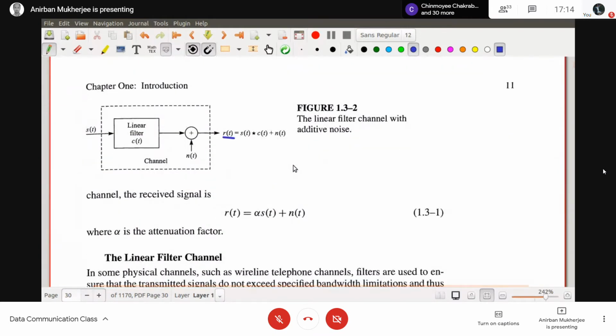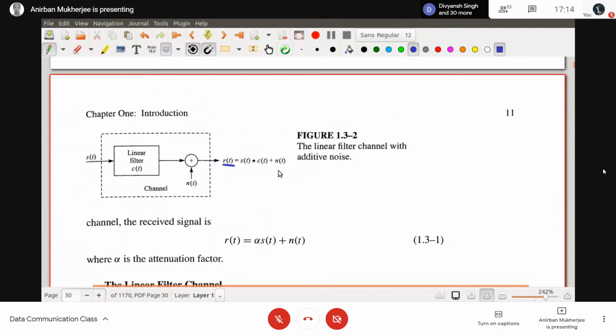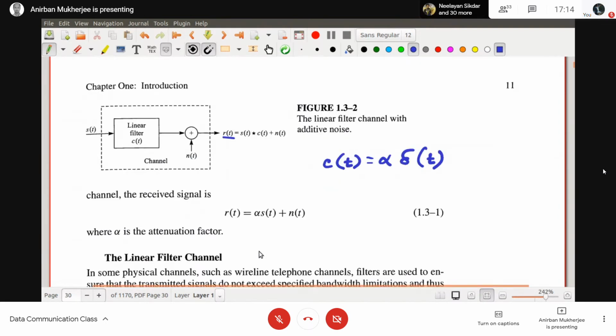Now, sometimes we say that c(t) is just alpha times delta(t). Then r(t) equals alpha s(t) plus n(t). So alpha is some sort of an attenuation factor. That means when c(t) equals alpha delta(t), and alpha is generally less than 1. Now